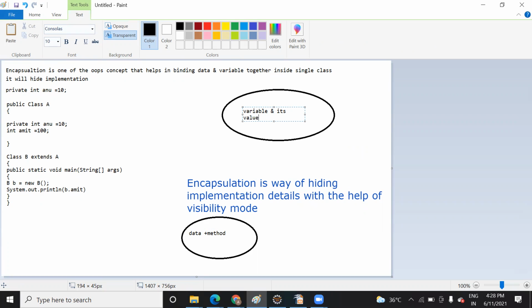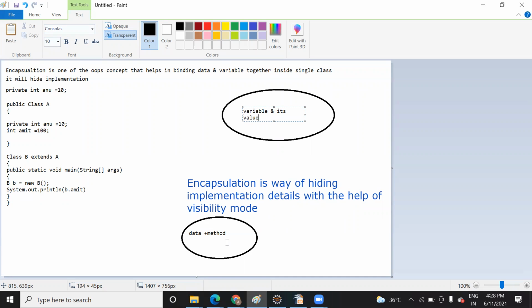In the same way, encapsulation is a technique that binds the data present inside your class and the method, whether it is the main method or a user defined method, together inside the class. With the help of this technique, your method and variable work together in order to achieve hiding the implementation detail.